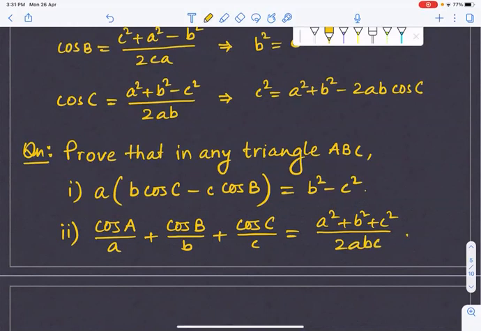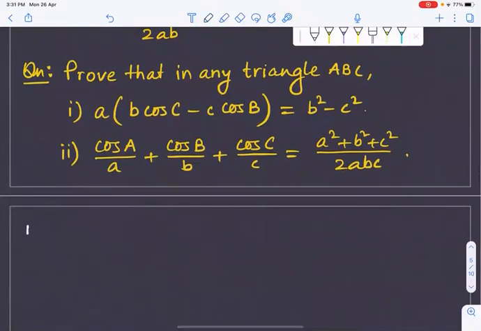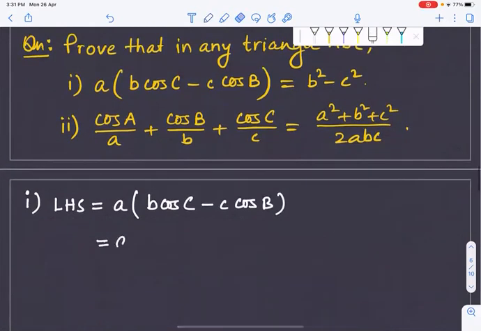And you can see that there is cos C, cos B, cos A, all these things. So you can understand that we have to use the cosine rule here. So while solving the first one, if I take the LHS, that will be A into B cos C, which is given in the question, minus C cos B. That's my LHS. That is equal to A into